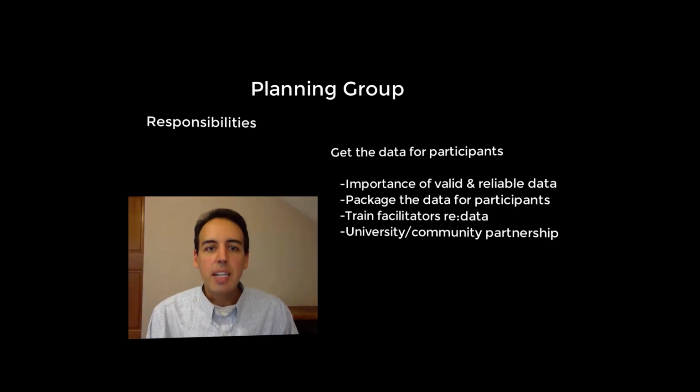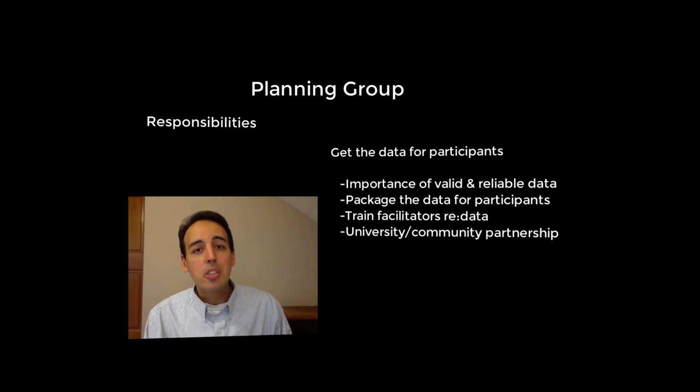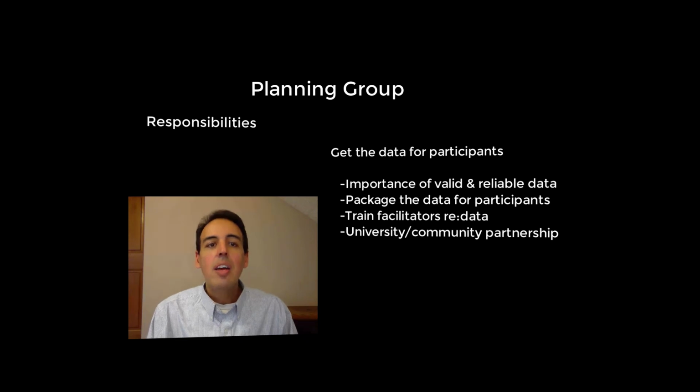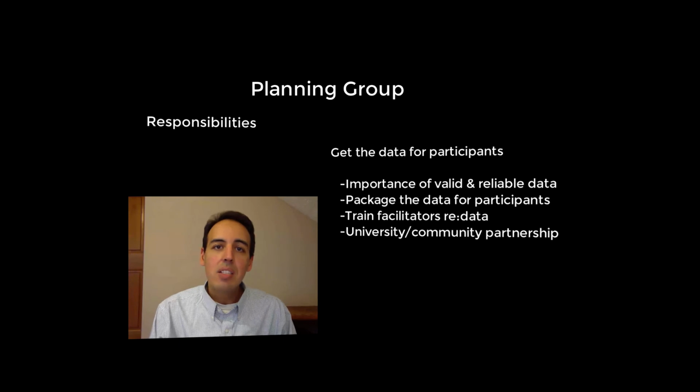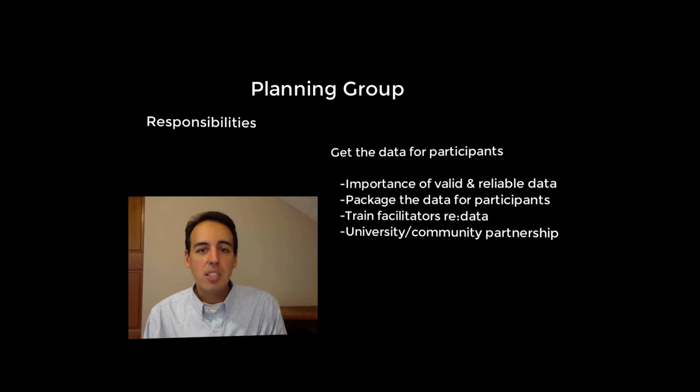So this search for data is not a once and done activity. The planning group will be engaged in data collection throughout the process as it responds to the data requests of participants after each study circle and potentially during each study circle. This is also why it's important to have a good note taker in the room, as planning groups will need to review transcripts and notes after each circle to keep up to date with needs, concerns, questions, and the like of participants and facilitators.